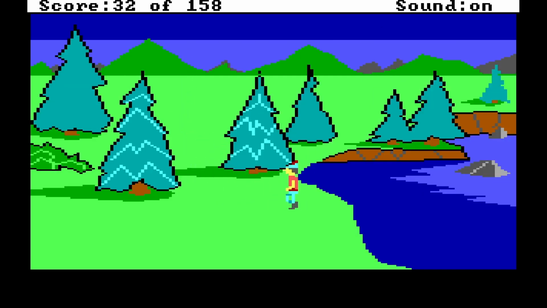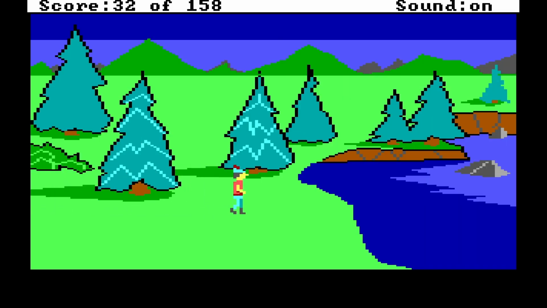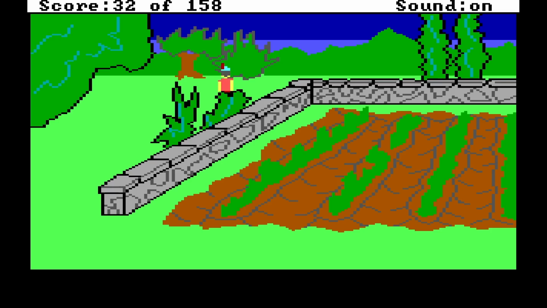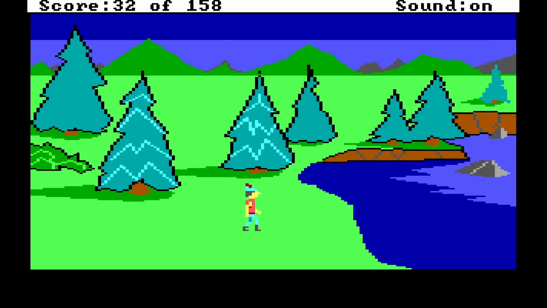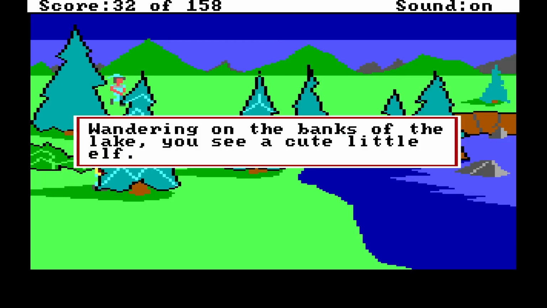Going back here to see if I can get the elf to spawn. It's the elf that walks around. I think on both of these screens with him. Magic ring. Huh. There he is. The past few times I played, he was usually here on my first time coming to the